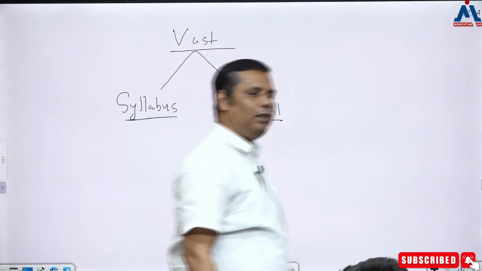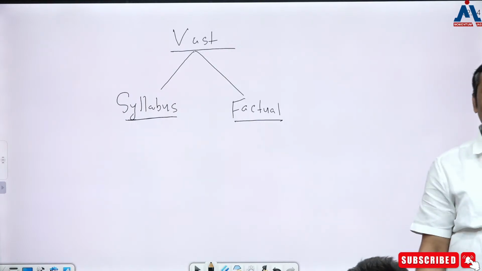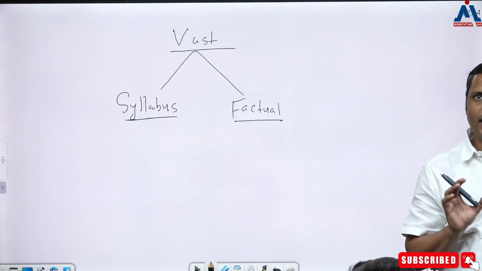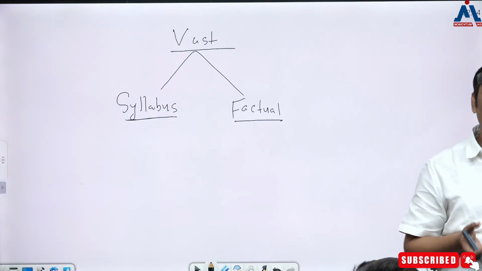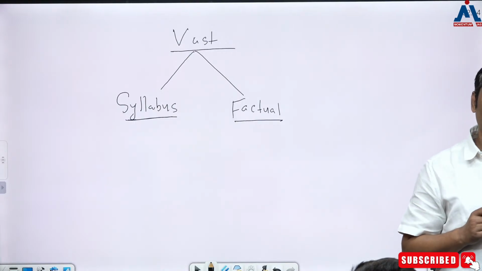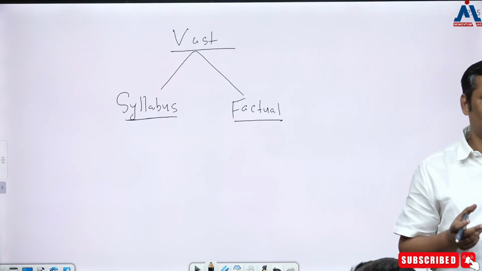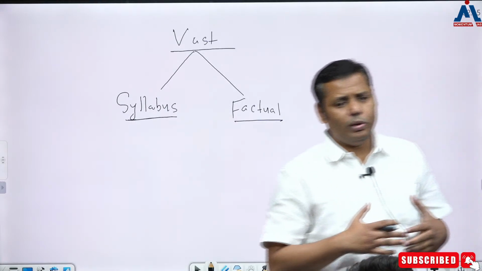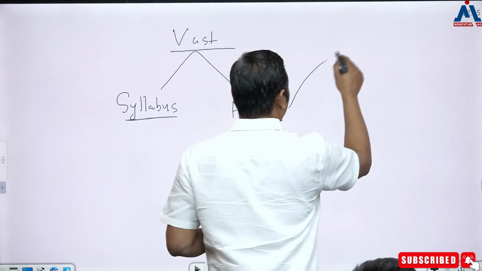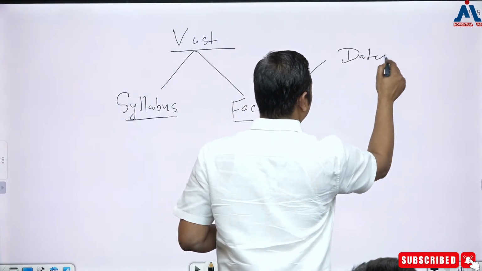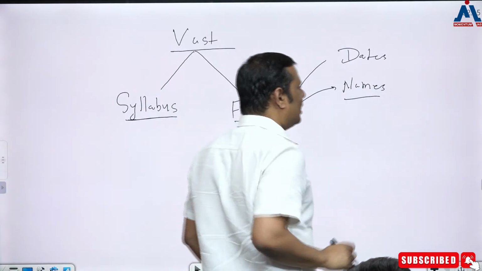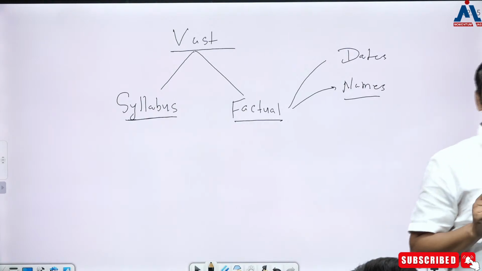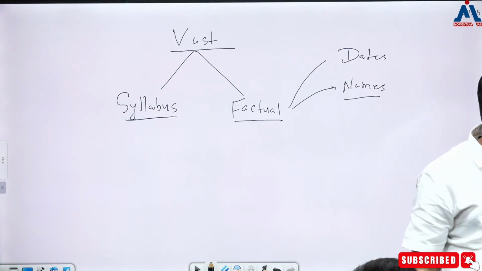Right. The second part is factual. Now when it comes to factual, it is another major misunderstanding with the subject, that you believe this subject is very factual. And in fact, I must tell you that there are many books that you are reading that are really factual, because when you read the subject, you can find there are so many dates. So the factual can be discussed with respect to dates, with respect to names. And this subject is so notorious that the moment you tell somebody that you study history, the first question that comes is